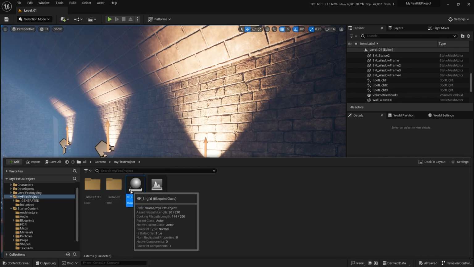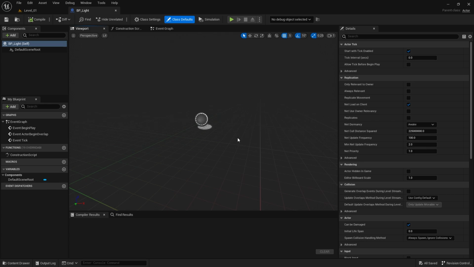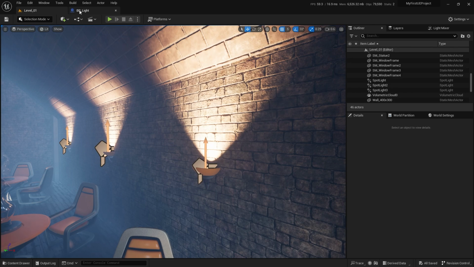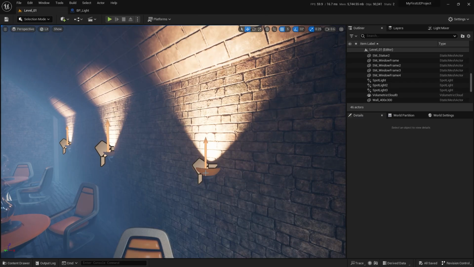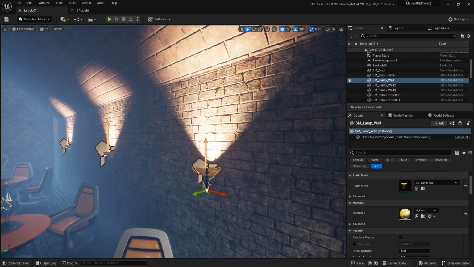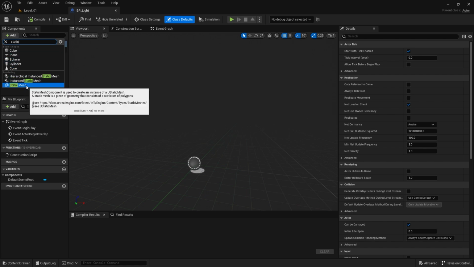Let's open it. And you will see this window here. This window is the blueprint editor, and it's very similar to what you have here because you have a viewport and you can preview your assets. In the left, you have all the components here. And in the right, you have the properties. You have the class defaults and the class settings. So let's go to add a component. What we want to add is a static mesh component. So if I click on this one and then go to add static mesh and then click static mesh here,